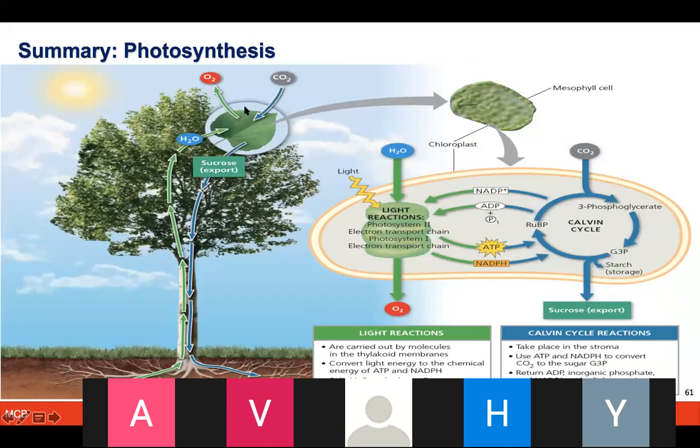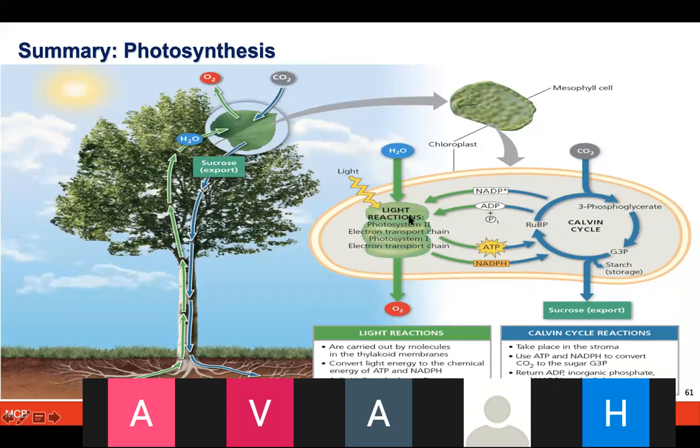The summary of photosynthesis, especially the light and dark reactions we spoke about: the light reaction happens in the grana, and the dark reaction, also known as the Calvin cycle or the C3 cycle, happens in the stroma. This is what is expected of you to understand in detail. I hope this is just refreshing your concepts, and I'm not going to ask you questions more detailed than what we are talking about right now.